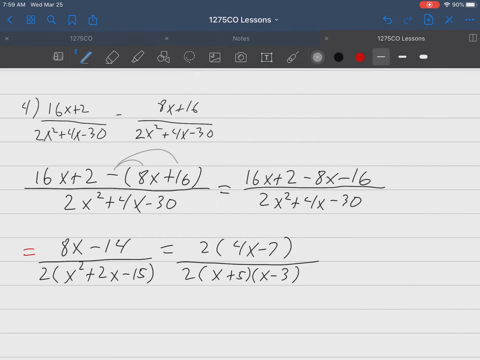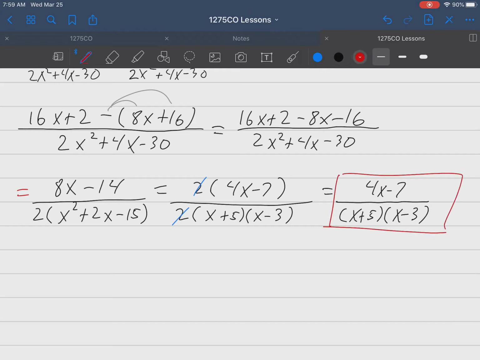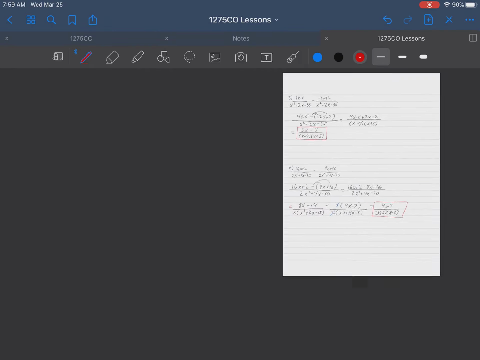And what's going to cancel here, if anything? Let's take a look. Let's use blue to cancel out. Outside the parentheses, both have 2, so those can be divided into 1s. 4x minus 7 up top. I don't see a 4x minus 7 on bottom, so this looks like it's it. X plus 5 times x minus 3 is our denominator. 4x minus 7 is our numerator. Take a look at the next lesson when we are using unlike